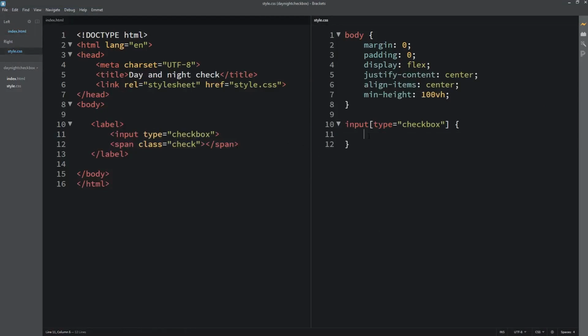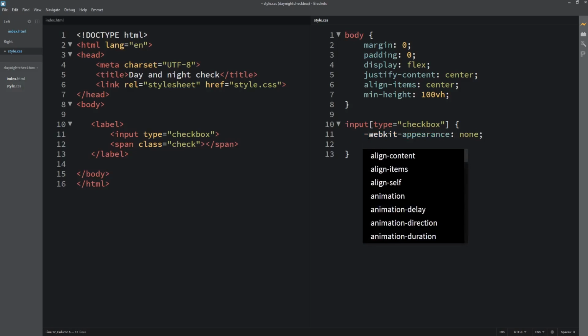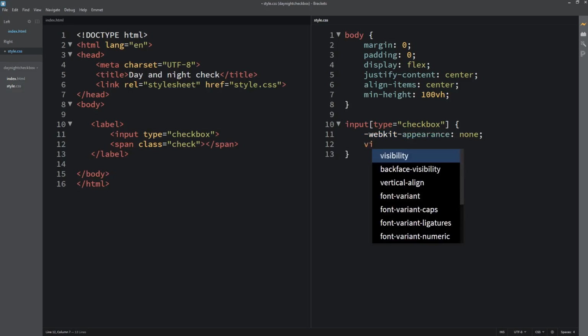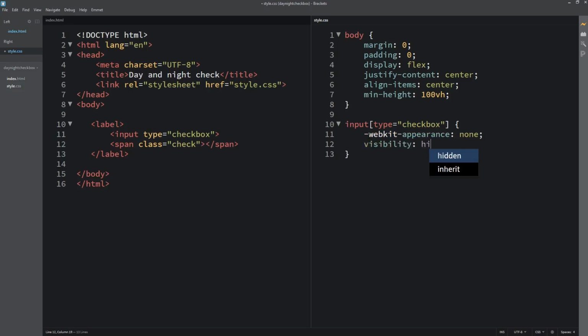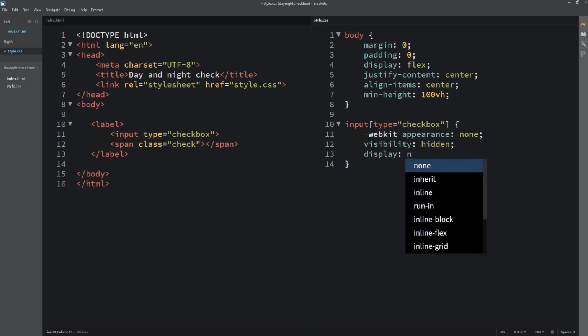So I'll say webkit appearance none, and visibility hidden, then display none.